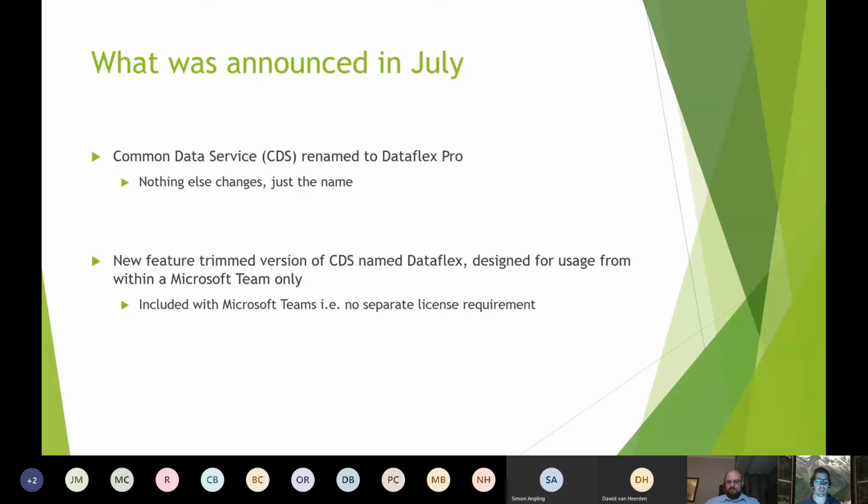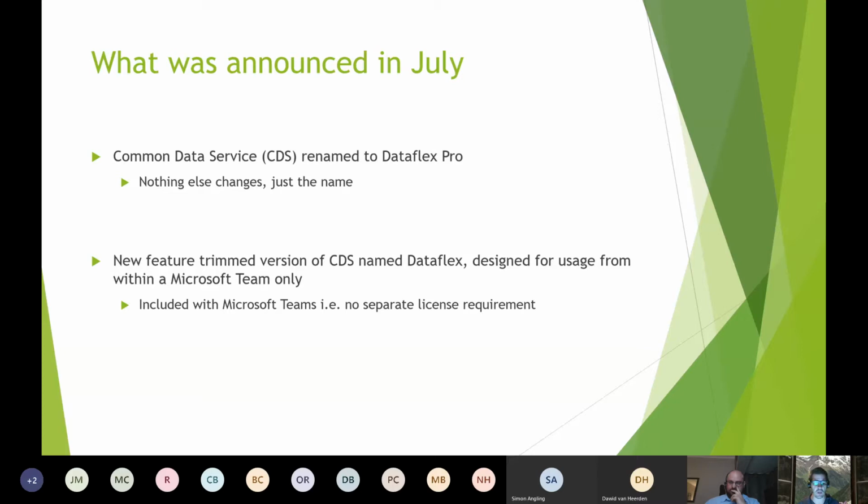The first thing announced is that the Common Data Service was being rebranded or renamed to DataFlex Pro. And that's it.